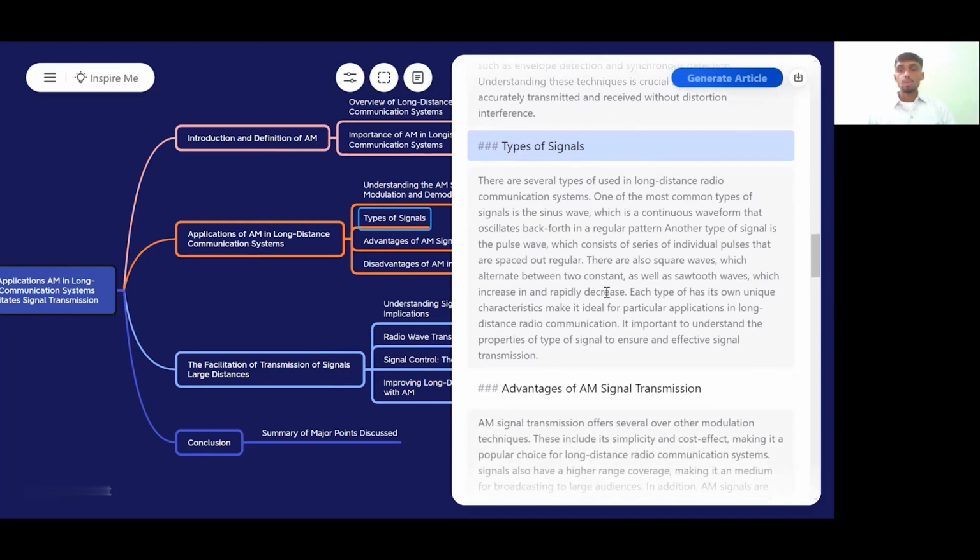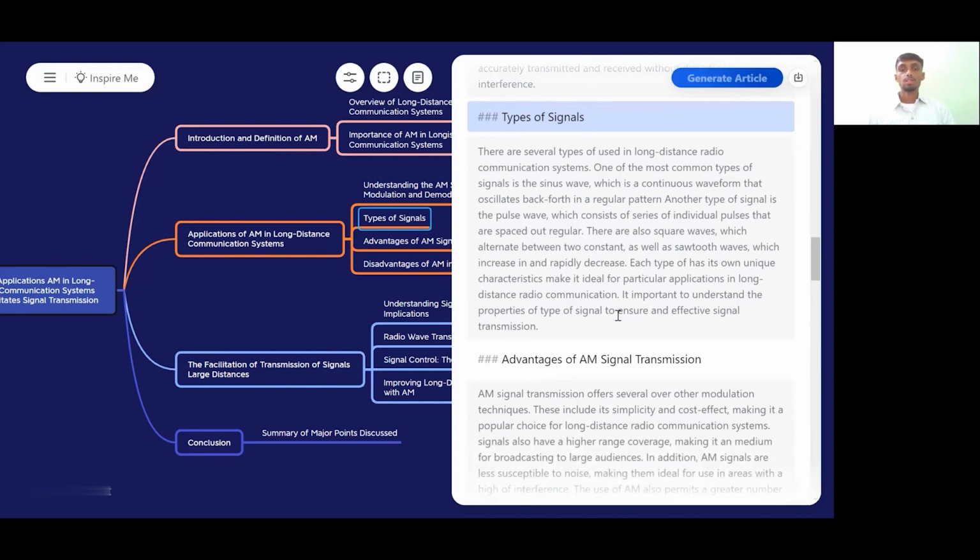There are also square waves, which alternate between two constant levels, and sawtooth waves, which increase rapidly and then decrease. Each type has its own unique characteristics that make it ideal for particular applications in long distance radio communication. It is important to understand the properties of these signal types to ensure